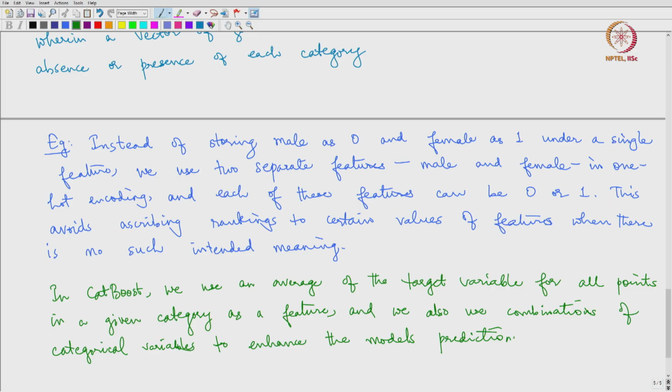So, essentially you are giving more and more flexibility to the model in terms of what features it